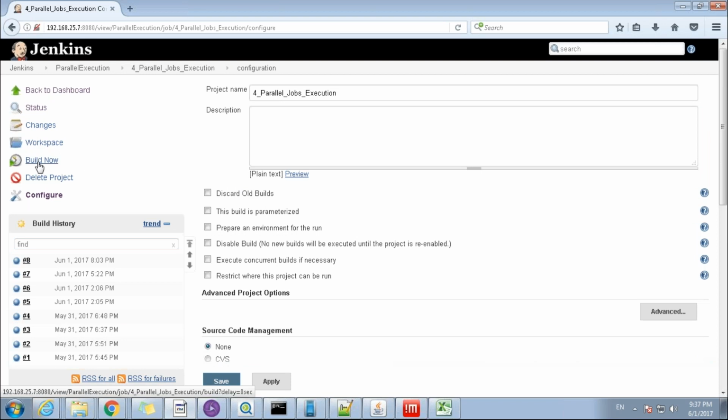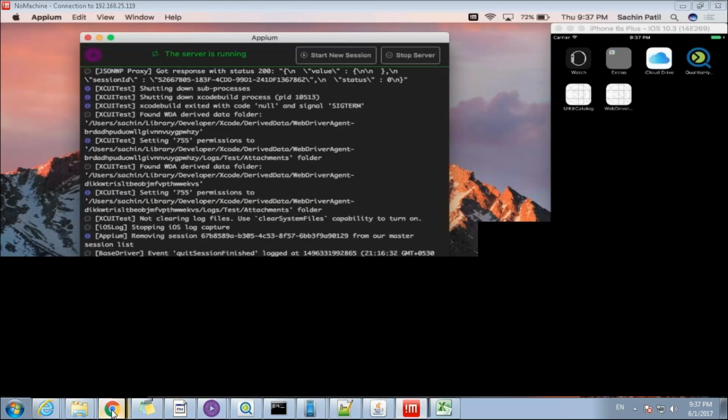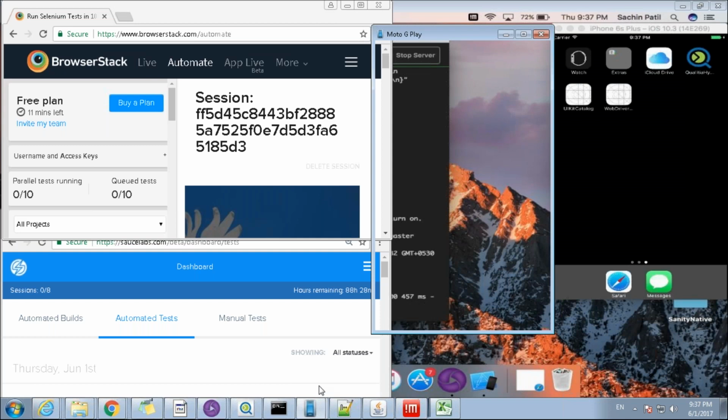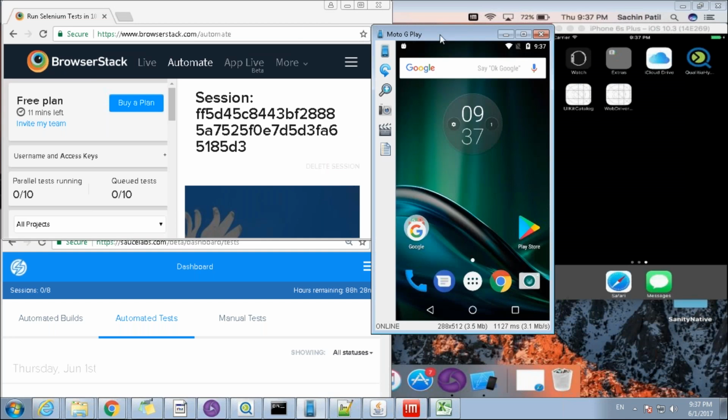If I hit build now, I will be able to launch the execution on all these 4 environments simultaneously. So let's start the execution. We just started that, and let me launch all that windows so that you can all see the parallel execution.